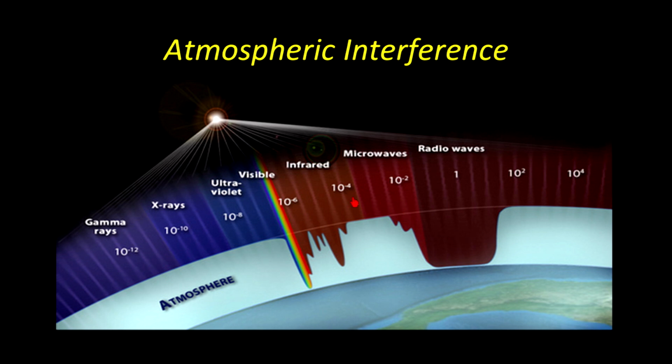Infrared is blocked by the Earth's atmosphere. Some of it makes part of the way down, but you'll notice that the infrared light doesn't make it to the surface. So an infrared telescope on the surface of the Earth isn't going to do you any good. Infrared light just doesn't make it to the ground. Notice in the visible portion of the spectrum, all of it makes it to the ground, so optical telescopes can be ground-based telescopes. But then once you get to ultraviolet, X-ray, and gamma ray, all of these wavelengths never make